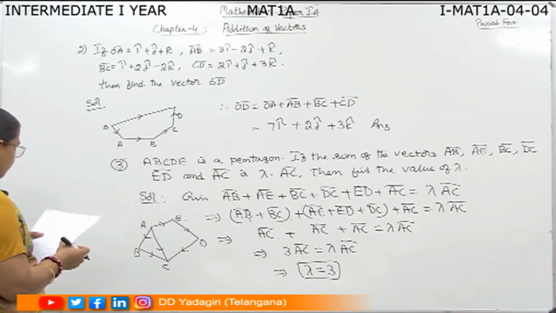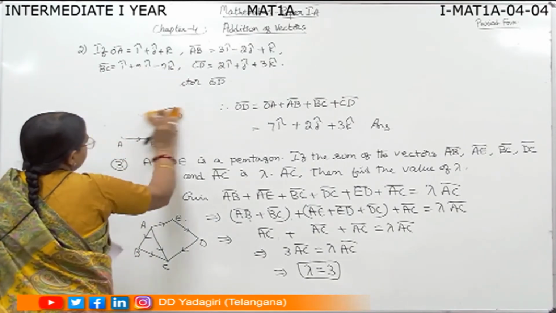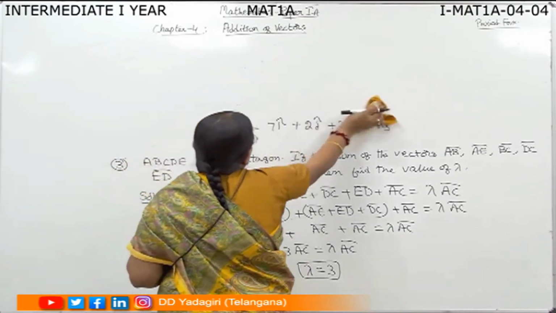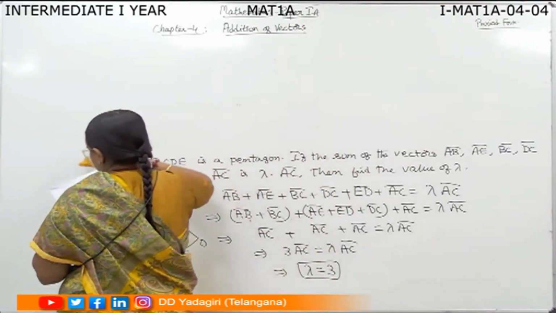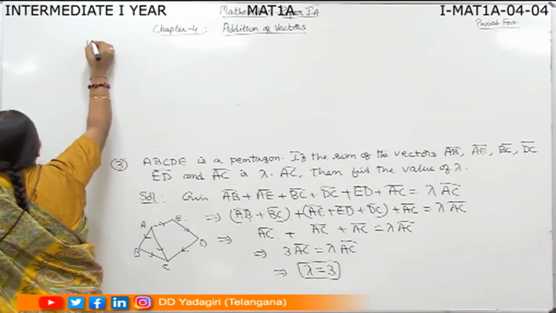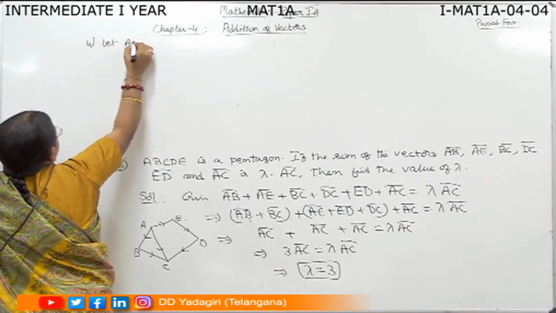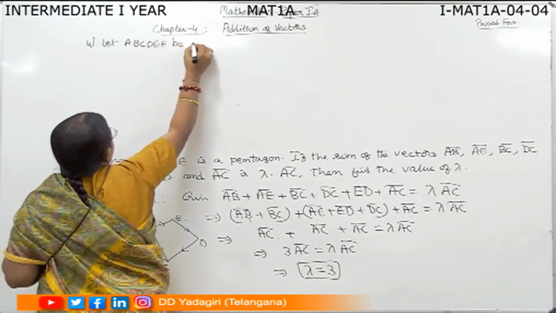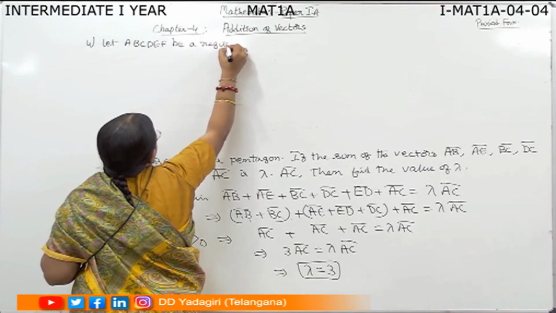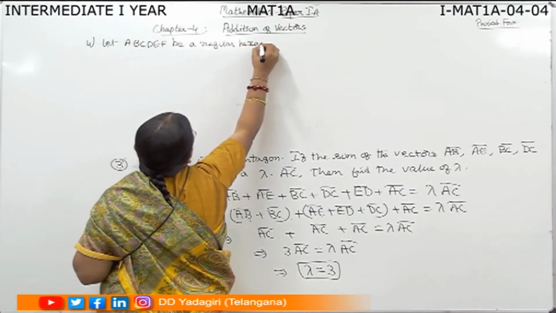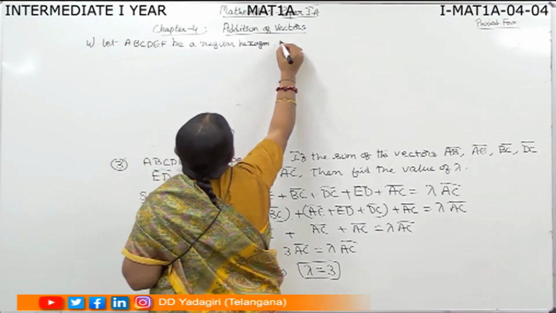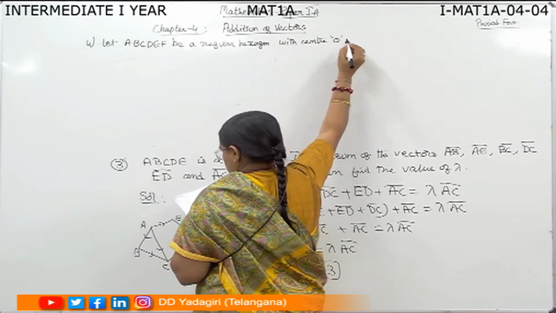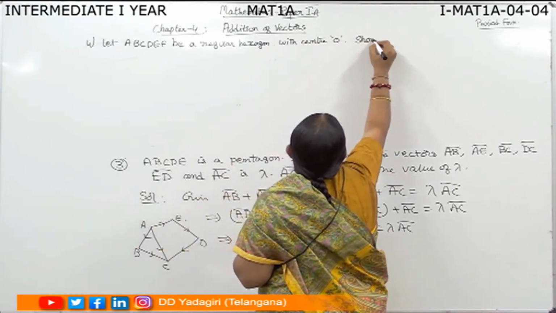Okay, next problem is the hexagon problem. Even this is very important. So next, fourth problem. Let A, B, C, D, E, F be a regular hexagon. Regular hexagon means all sides are equal, with center O. The center of the hexagon is O. The question is, show that